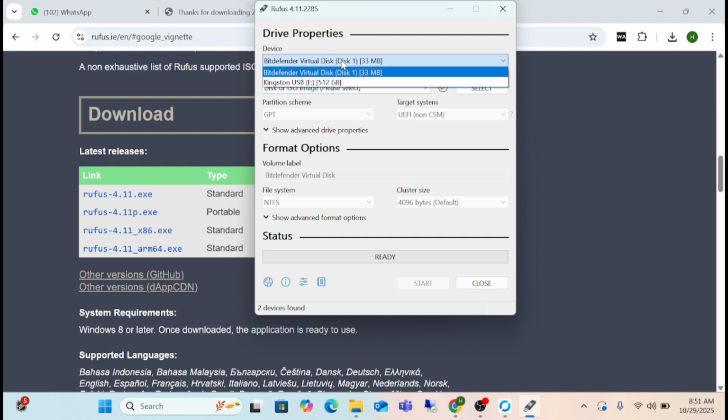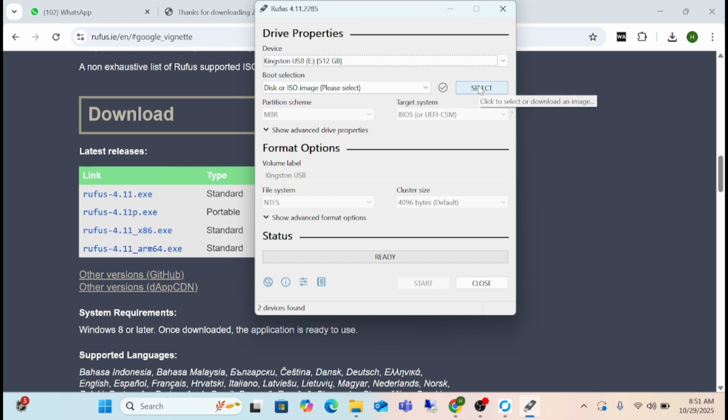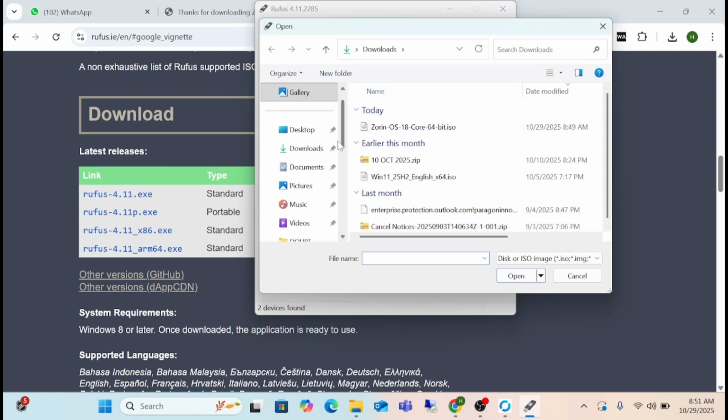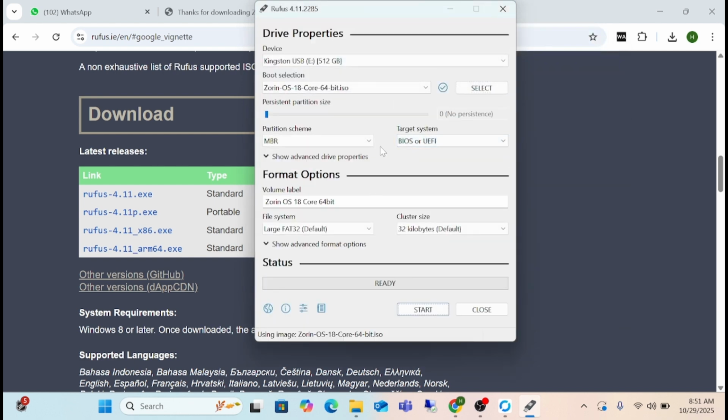So we have to select our USB. Once we select our USB, then we have to select the respective ISO, Zorin OS, and click on it, and then we have to select our respective partition scheme. So you can check your Windows partition,